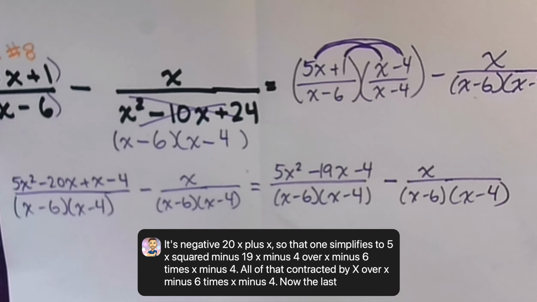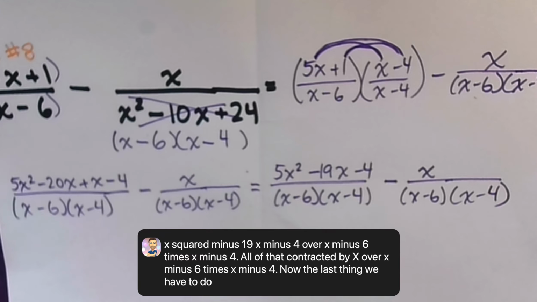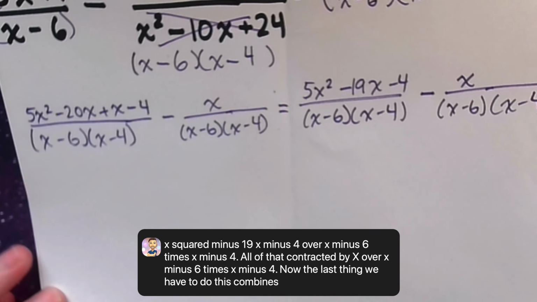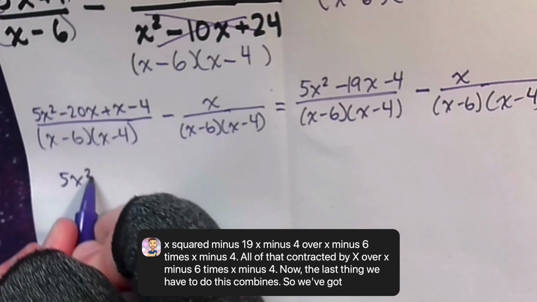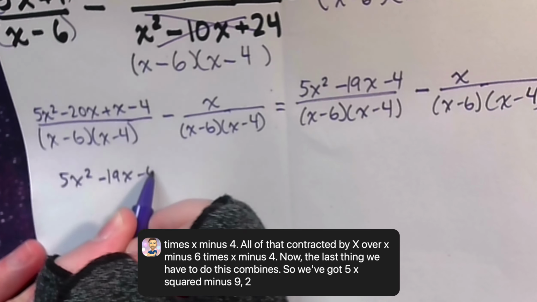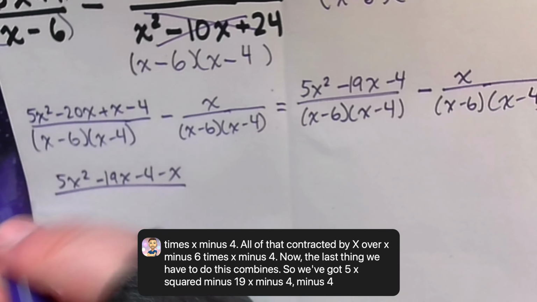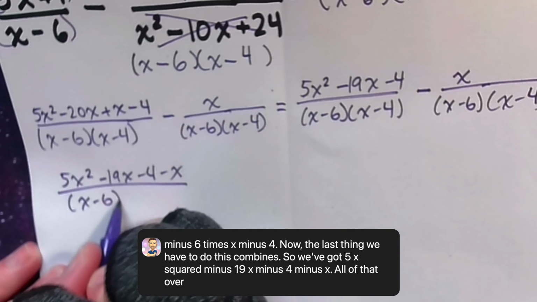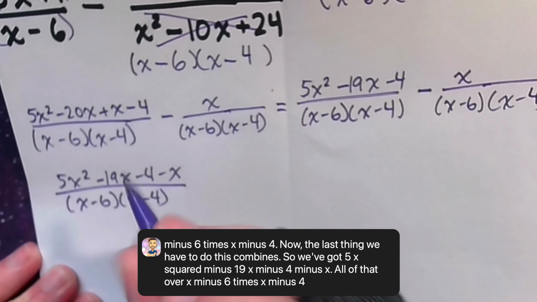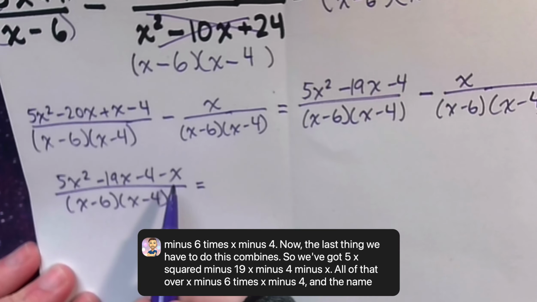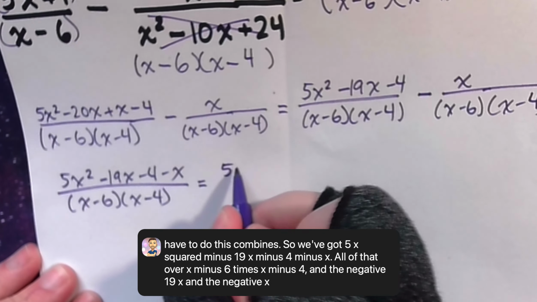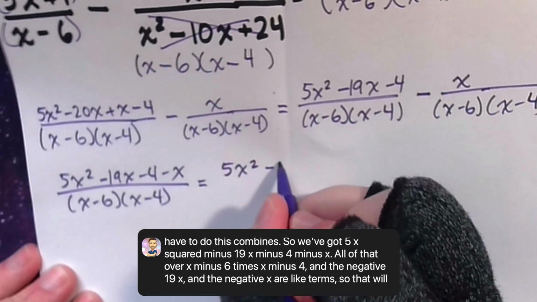Now the last thing we have to do is combine these. So we've got 5x squared minus 19x minus 4 minus x, all of that over x minus 6 times x minus 4. And the negative 19x and the negative x are like terms, so that will get us to